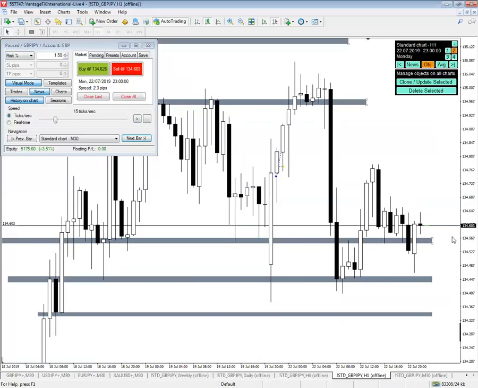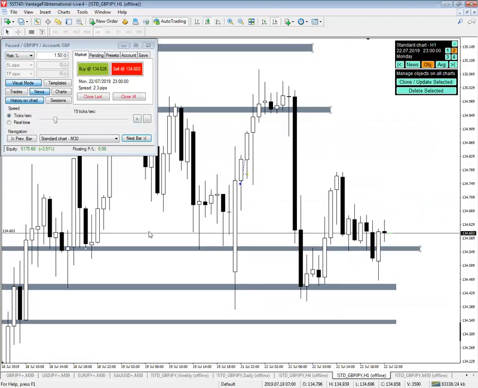1 hour did a fake out as well, because this was our area. This was our support, and this candle closed below, but then the next hourly closed back in the range. So I see now, based on the hourly time frame, that we have clean candles coming up to this next area up over here,